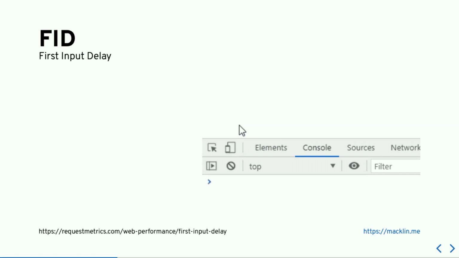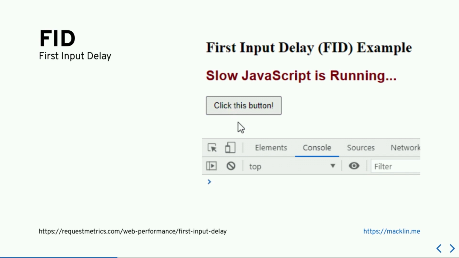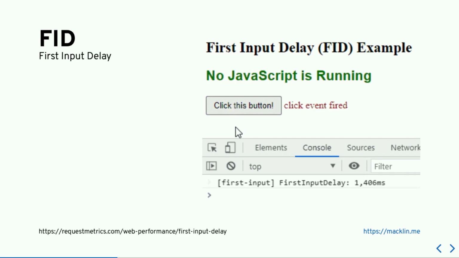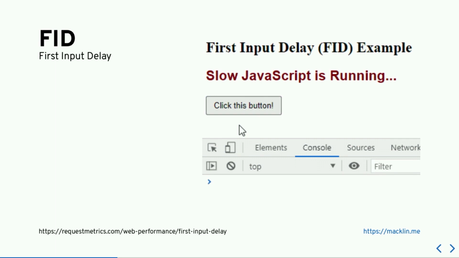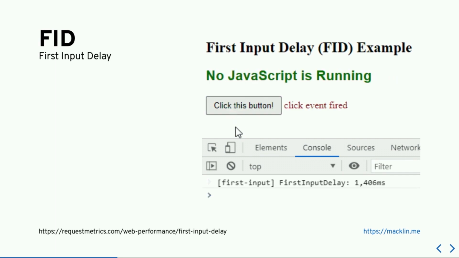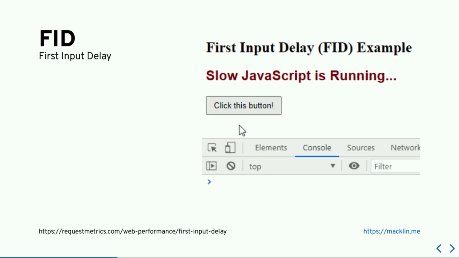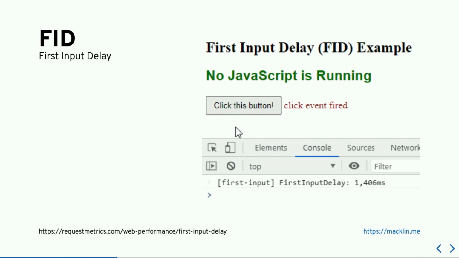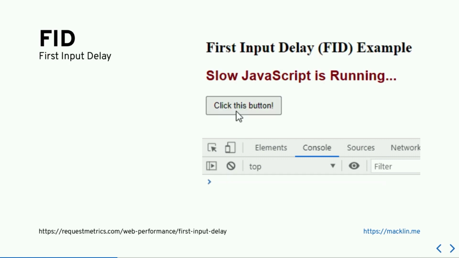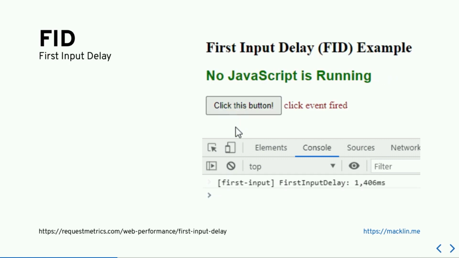And you might have seen this sometimes when you're using a web page. If you click on something, there's a little bit of a delay before something happens. Generally, something like this might be the result of some sort of network request needing to come back so you could see the result. And the way you might combat that is change the layout of that button so it has a loading spinner or something like that, so you at least know that the page has done something and it's responsive.